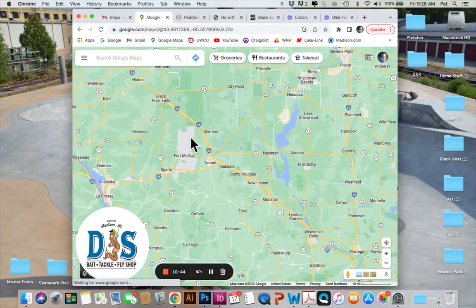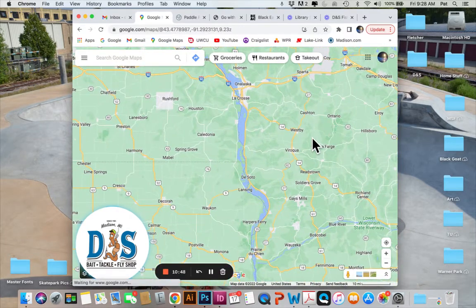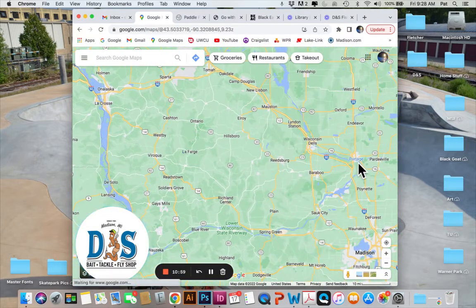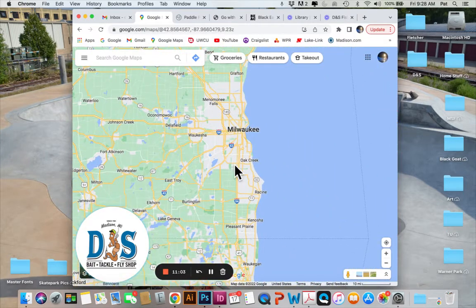On the Mississippi River, haven't really heard a lot coming out of the Mississippi. I think flows are down and they're catching walleyes in kind of the normal holding areas, but haven't heard anything very specific out of there. Same thing from Milwaukee, been kind of quiet. It's kind of that summertime where not much is happening along the shore. A few fish, I'm sure, being caught from the harbors in here,